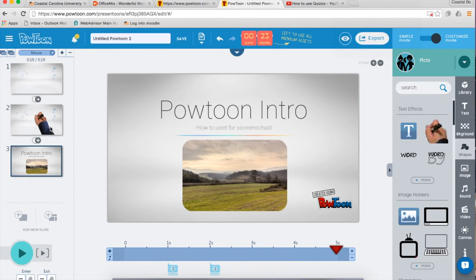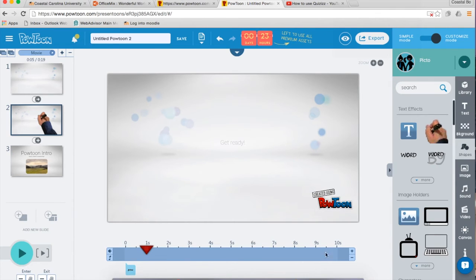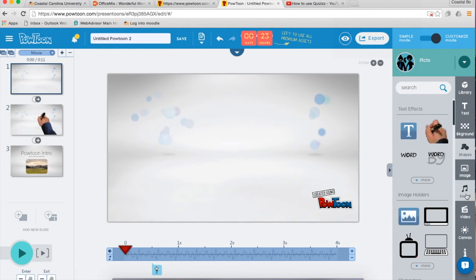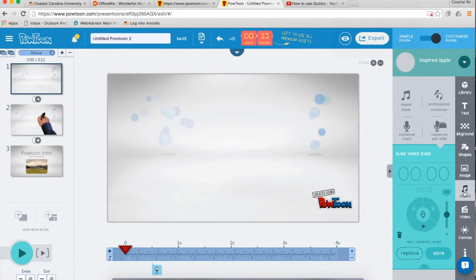Okay, so that is my movie coming around. This is on the screen way too long, so I want to take some time away from it. Maybe take that into a second or two. Play with the transitions. I also want to have some nice unity throughout my whole work, so I want to get some background music. Probably when I get everything done, I would want to add some music to the piece,